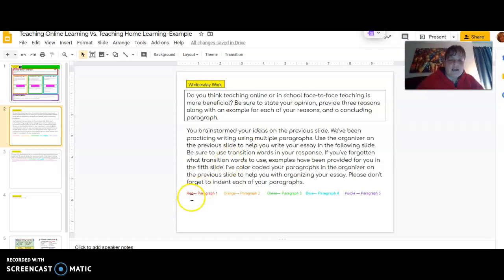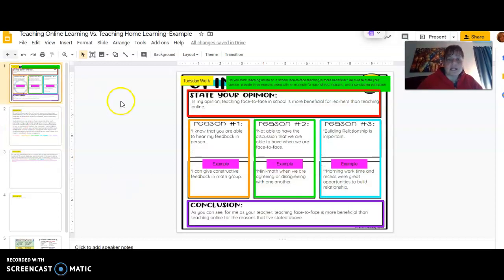If you notice on the organizer, there was a red box, an orange box, a green box, a blue box, and a purple box. So let's take a look at that. Red, orange, green, blue, and purple. Those are your 5 paragraphs. So literally, here's your first paragraph, second paragraph, third paragraph, 4th paragraph, and 5th paragraph. Yesterday, you weren't asked to write in sentences,